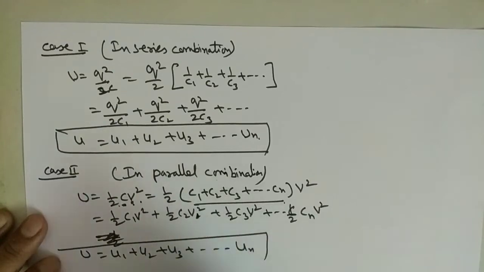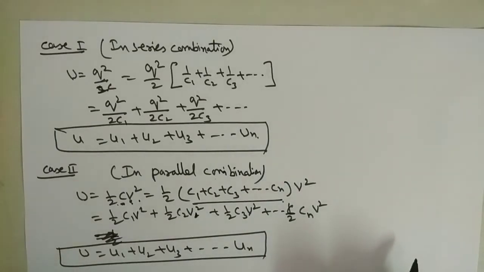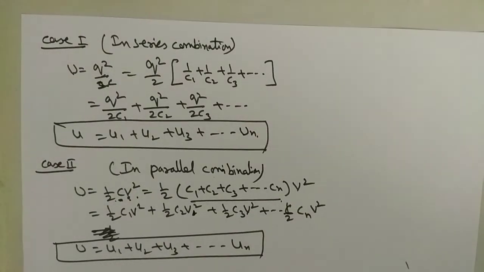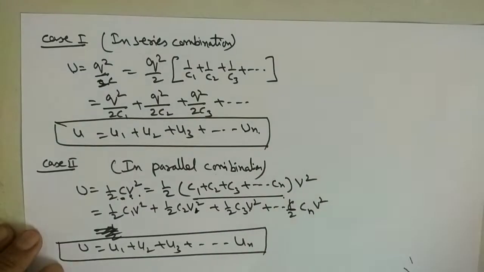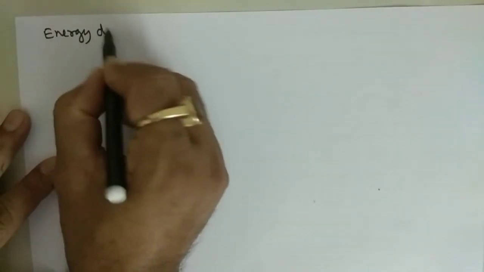Okay, so the total potential energy of all the capacitors which are connected in parallel combination is always equal to the sum of the individual potential energies of individual capacitors. So this is the conclusion from these two formulas. Just try to understand. Now one more interesting thing about the energy we can discuss, which is the energy density in capacitors. See what is the energy density. Next topic, energy density of capacitors.